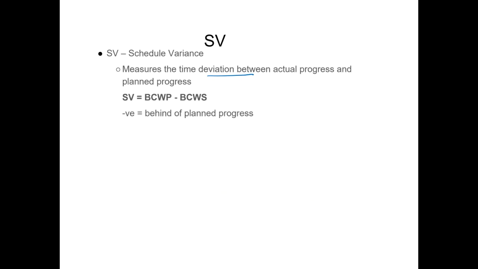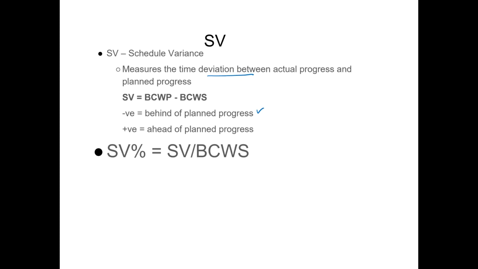If it's a negative value, it basically tells us that our project is falling behind, and if it's a positive answer, it tells us we are ahead of planned progress. It is often referred to as a percentage, which is calculated by schedule variance divided by budgeted cost of work scheduled. The other thing is cost variance, which basically gives us an idea about how we are performing against